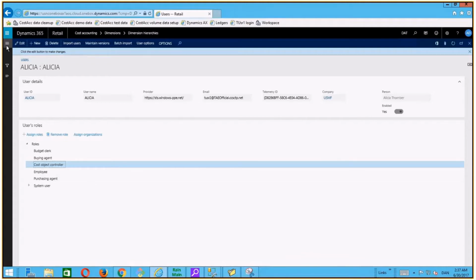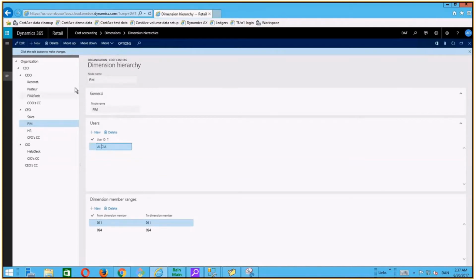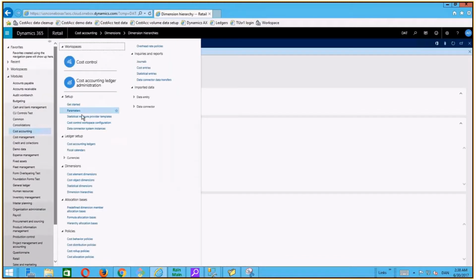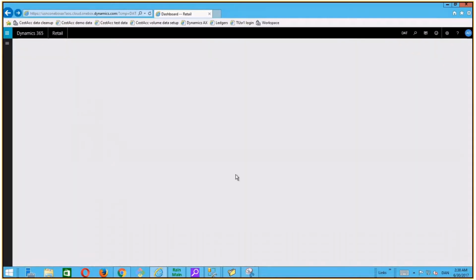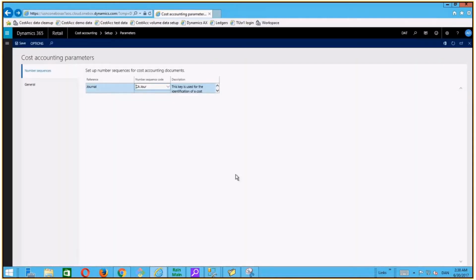So I go back to my hierarchy. So I've now defined my organization hierarchy. I've assigned the users who are responsible for each of the levels of my organization. And before I actually put it into active mode, I need to go to cost accounting, to the parameters, and say, and now I want to enable security.